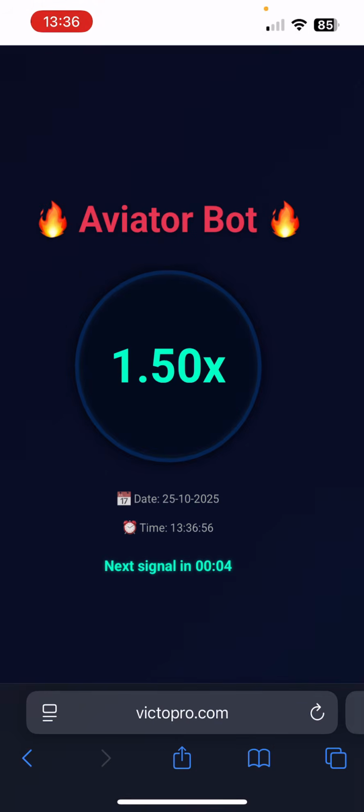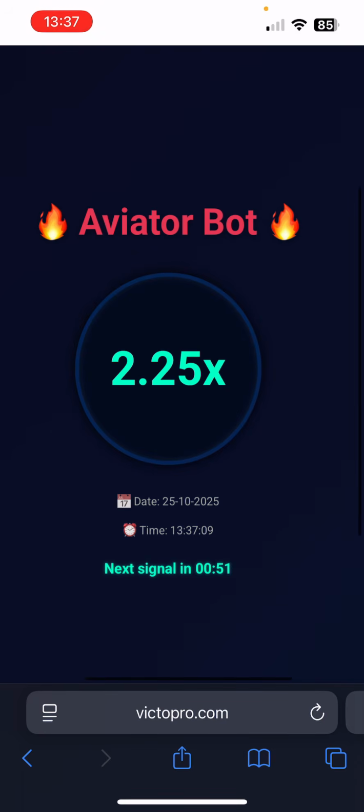Look at the signal. So what does it actually mean? Within the time, the signals between that 1 minute time interval, you keep playing. Like now the system gives us 2.25x, right? You keep playing this particular x for the number of times before the next